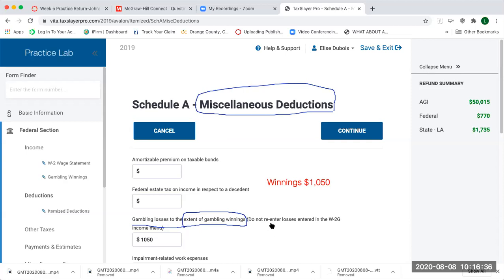So what they mean right here, do not re-enter losses in the W2G income menu, is that